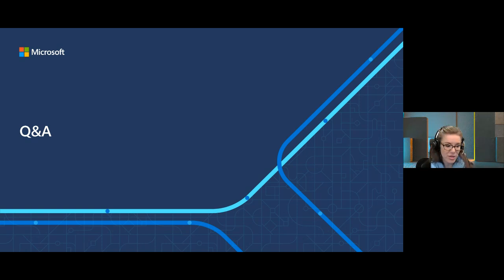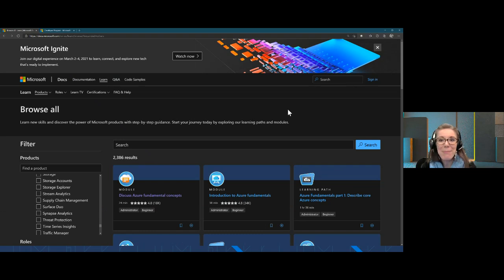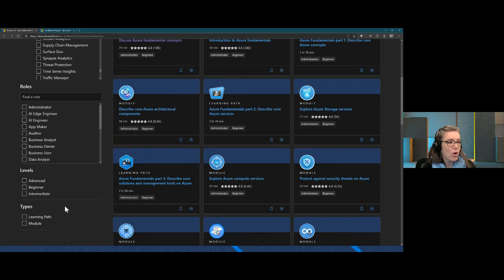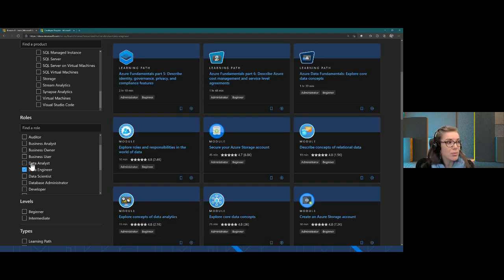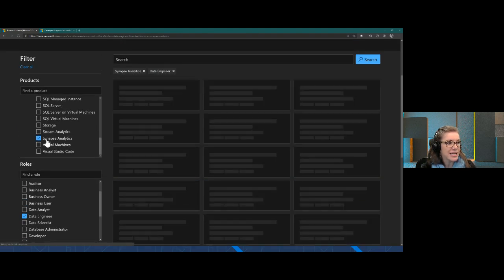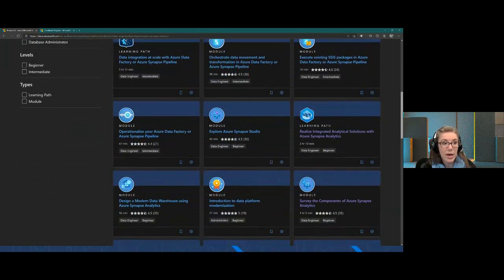There is a lot that you can do within Synapse Studio, and I think truly the best place to learn is within Microsoft Learn. One thing that I want to point out, if you navigate to Microsoft Learn, you have the ability to filter by product, by role, or by type. For example, if we are interested in looking at the data engineer modules, and we want to look at Synapse Analytics, here you can see we have all 36 modules in one place.